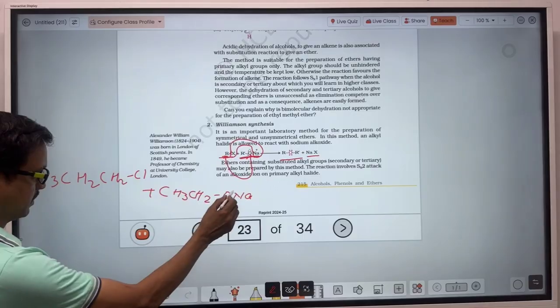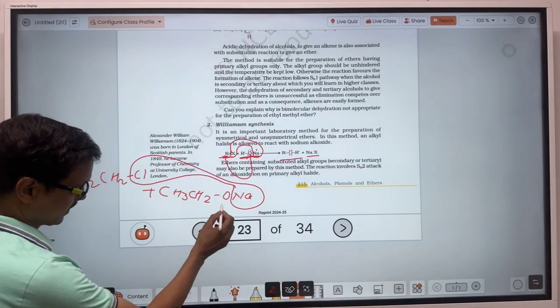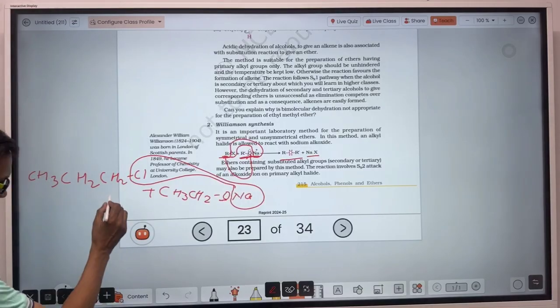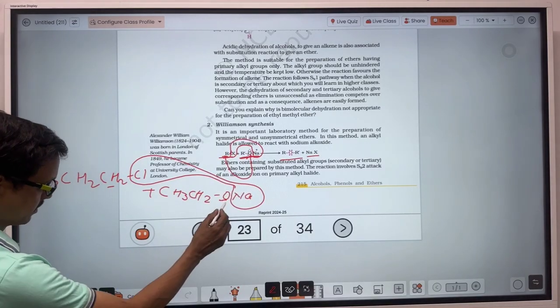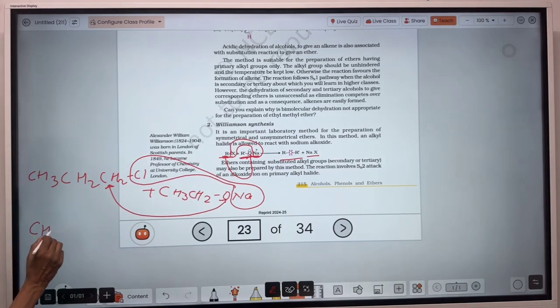So what will happen? This sodium will combine with this chlorine, form NaCl. So the valency of this oxygen becomes destabilized and that of this carbon atom is also destabilized. So this oxygen will bond to this carbon. So the compound becomes